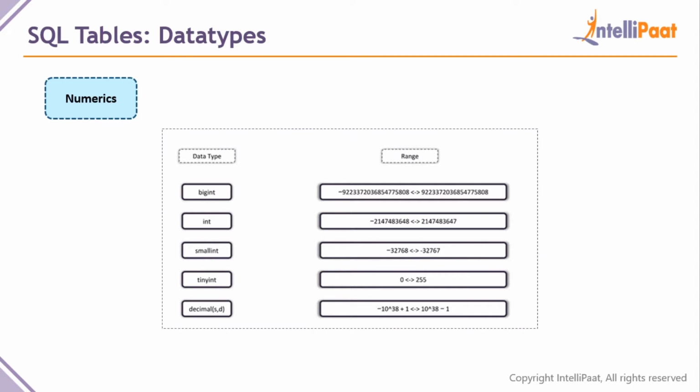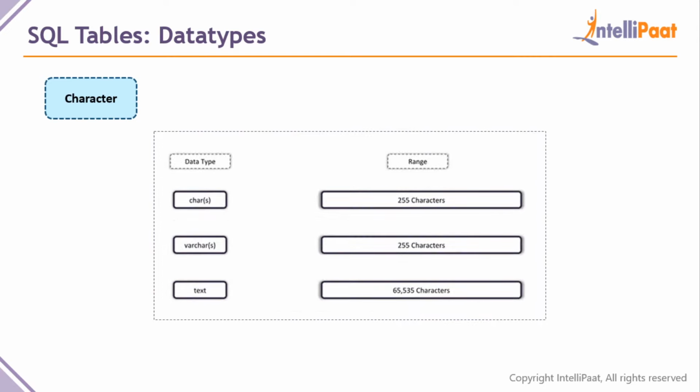922337203654775, right? So if you want to put in a number, say a phone number or an address or whatever it is, and you need this huge number, then you use the data type we call bigint, guys. Then the normal integer supports the data range that you can see on the screen. A smallint is a fairly smaller number, somewhere around 32,000, and tinyint is even smaller, where it only supports positive numbers between 0 and 255, guys. And with decimals, I usually have access to huge numbers on the negative side and on the positive side as well, guys.